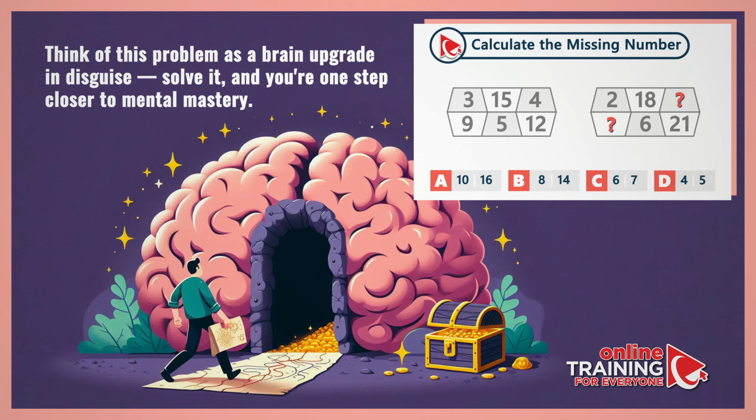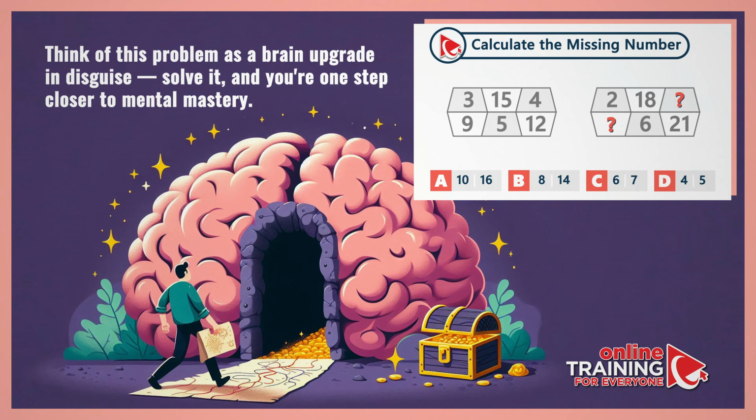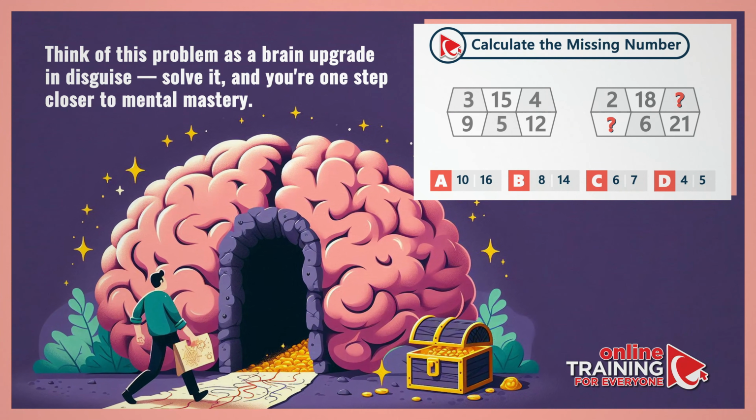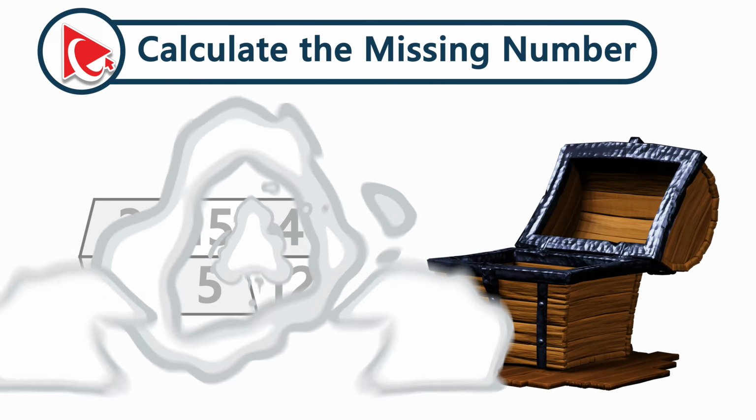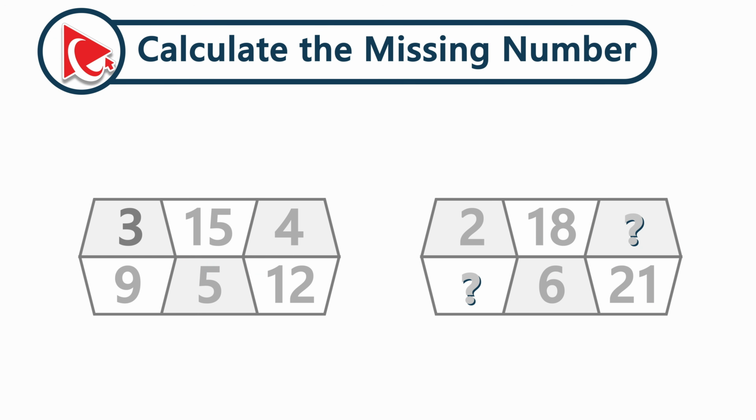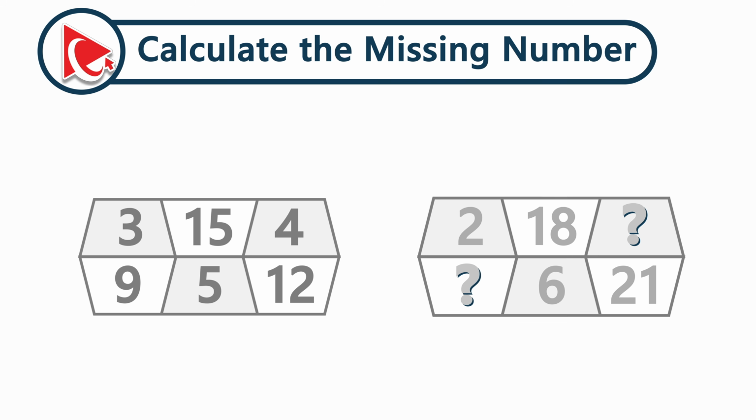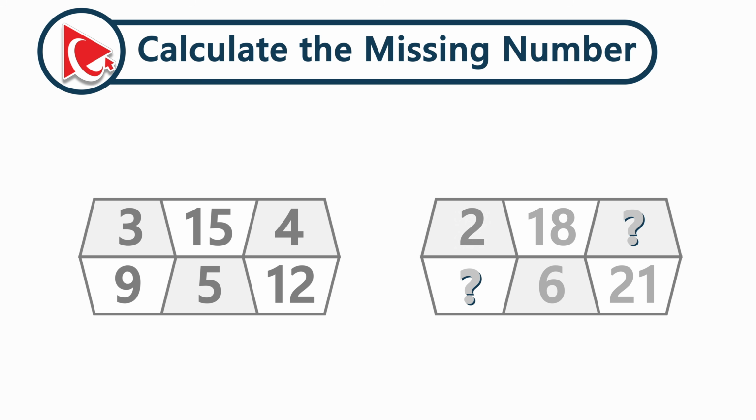Think of this problem as a brain upgrade in disguise. Solve it and you'll be 1 step closer to mental mastery. You're presented with 2 mystery boxes. The first box has numbers 3, 15, 4, 12, 5, and 9. The second box only has 8 numbers: 2, 18, missing number, 21, 6, and another missing number, which you need